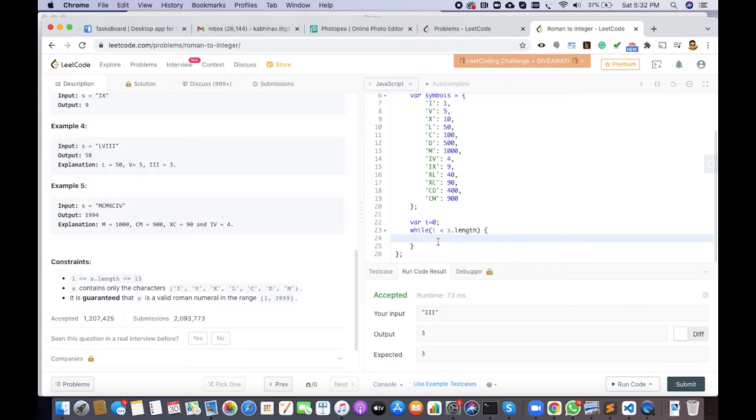So we will do where c, which is the current character, is s[i].